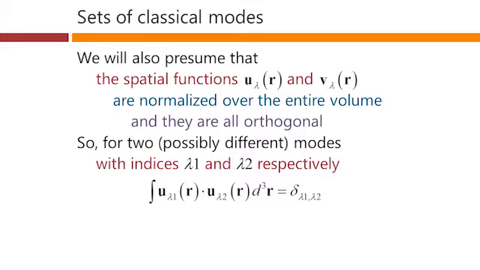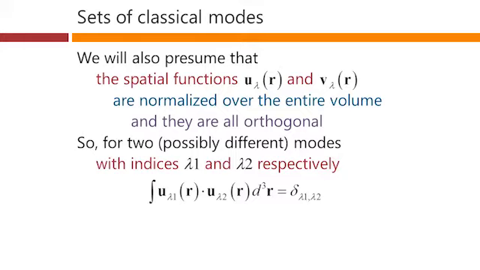Again, this is the result of our classical problem that we have apparently solved for some modes in, say, a resonator, and these would be the conditions we would come up with, also forcing these functions to be normalized here. Hence, the Kronecker delta corresponding to a 1 when these are the two indices of the same mode, lambda 1